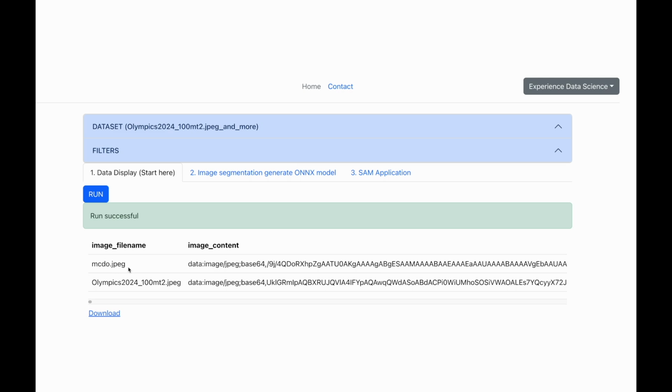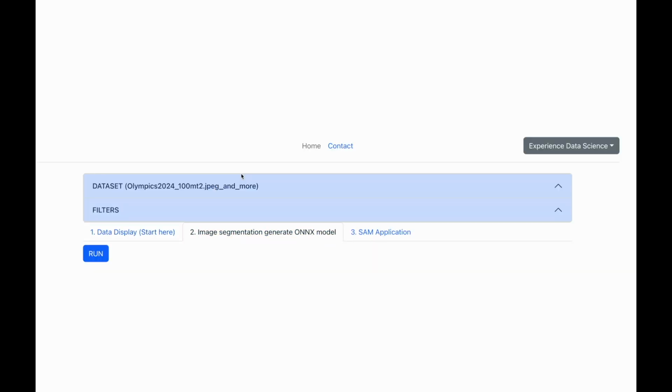Right, so we have our results and we have the image file name. We also have the image content, which is in a base64 format. Now let us go to the next step of image segmentation, in which we are going to take each one of these images and then apply the SAM model to generate the embeddings, and these embeddings will be generated in